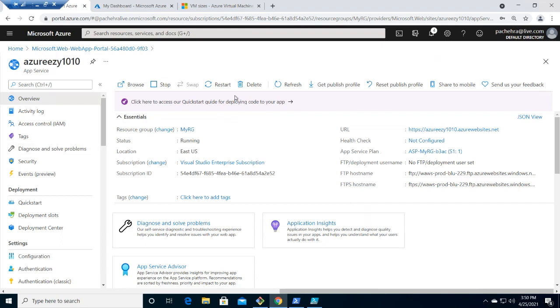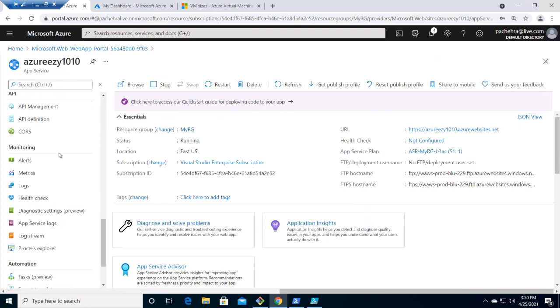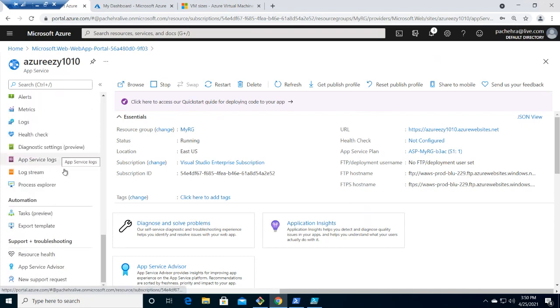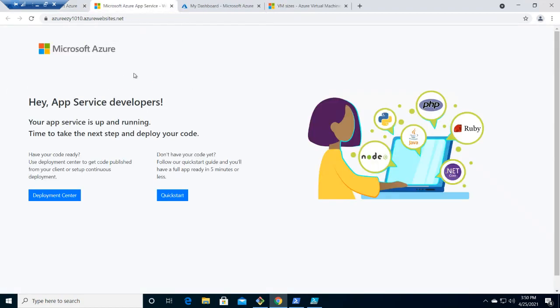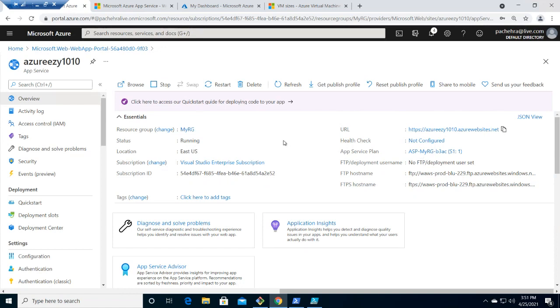All right, so this is the app service, Azure AZ-1010. And this is all the information that you must be aware of. Not all of it, because a lot of it is related to the infrastructure, but as for the developer, we'll try to cover as much as we can. So this is our app service. This is the public URL. If I click it, it will show me the default page for this app service. Okay, this is the hosting HTML which is residing on the root.